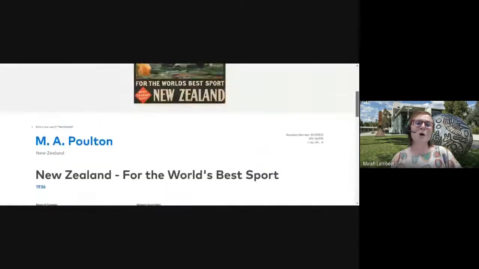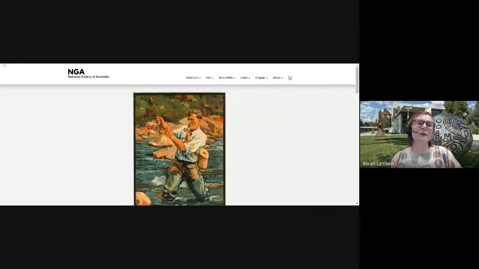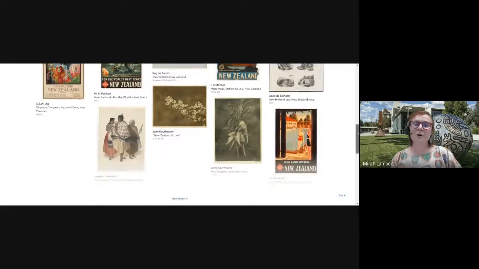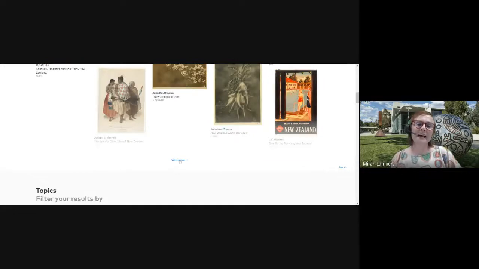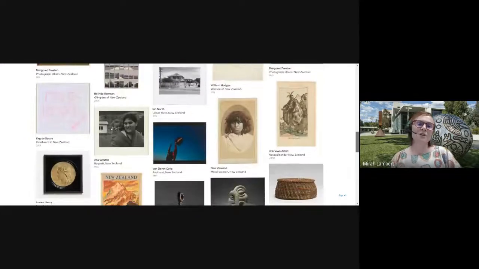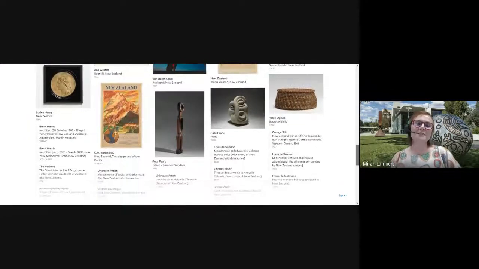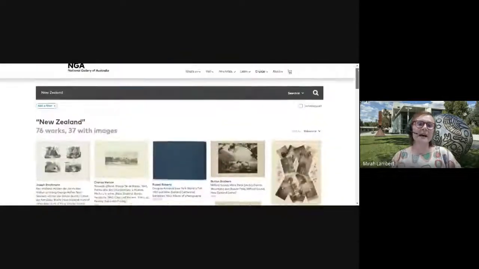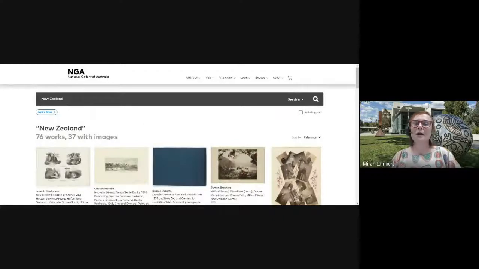So there's more ways in which we've got that related browsing being extended and provided through an interface that is a lot more visual than our previous search the collection. So this is a really exciting development in the gallery's search the collection, and soon there will be a new website in about a week that you'll get to take a look at as well. So it's quite exciting to be able to share some of those things with you.